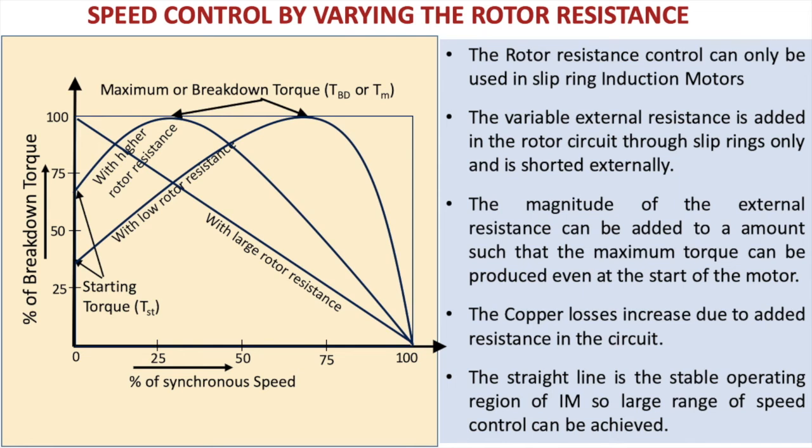That is, instead of having a mechanical variation of the rotor, you can have the automatic control by connecting the electronic circuitry, and by switching of the transistors you can have the chopping of the resistors and the variation of the resistance can take place. Over there the advantage is that the external rotor resistance will add the copper loss, but the remaining circuit won't be there, and therefore the speed control can be achieved automatically and need not have the mechanical control.